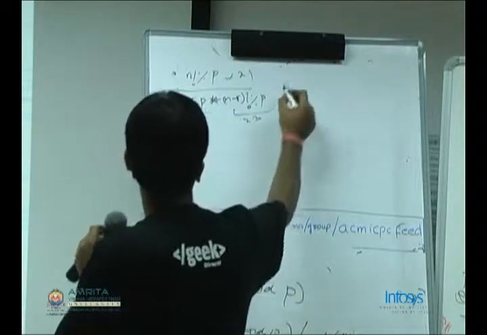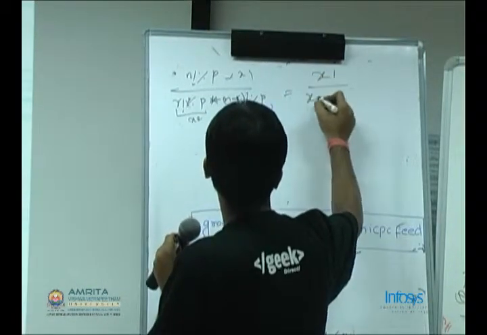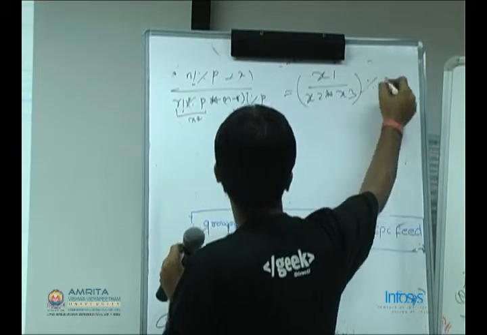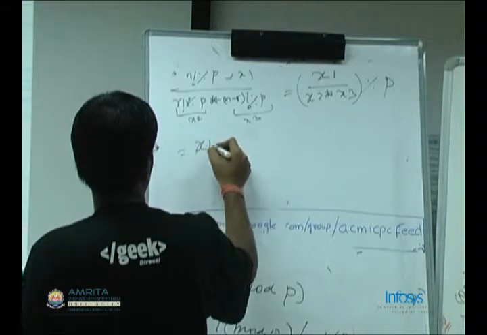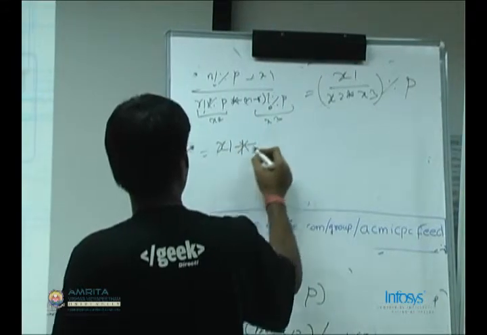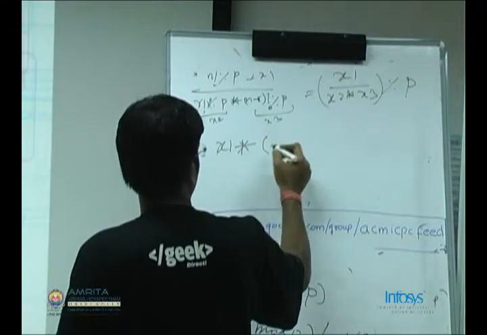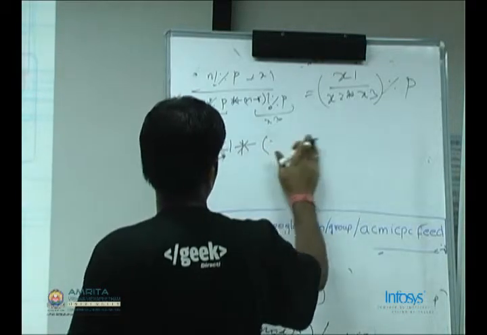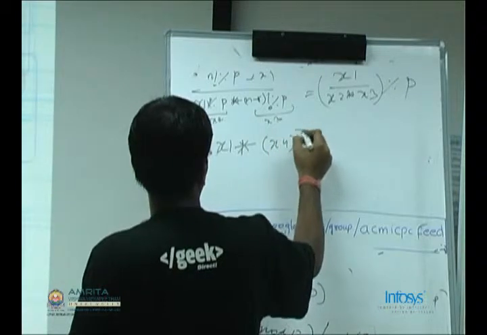So this will be equal to x1 upon x2 into x3 mod P, which is equal to x1 into, let's say x2 into x3 is x4, so x4's inverse